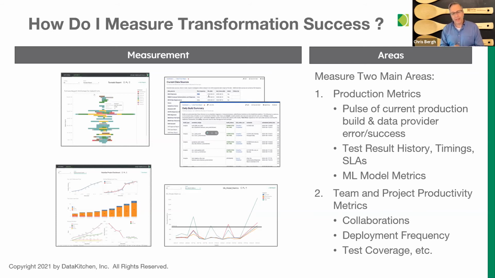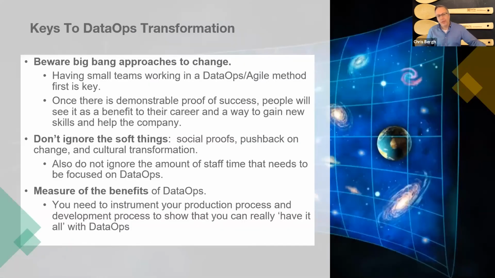And so gathering that data not only can help your team, help the non-believers on your team, but also help you as a leader look good, because you're able to show these metrics and show the kind of progress that you're making as a team. There are lots of different ways to measure team productivity, some of which come out of tools like Jira, some of which come out of tools like our software. But it's a very rich area that I think we're going to see a lot of work in the next few years. And so what are the keys to doing enterprise DataOps transformation?